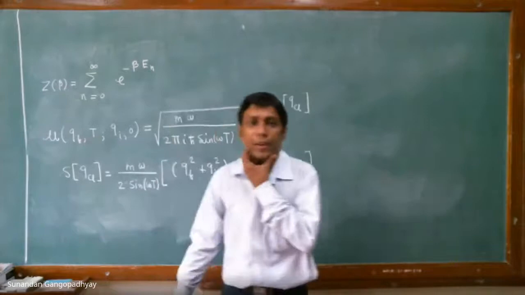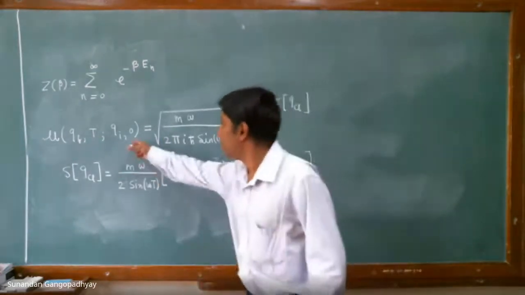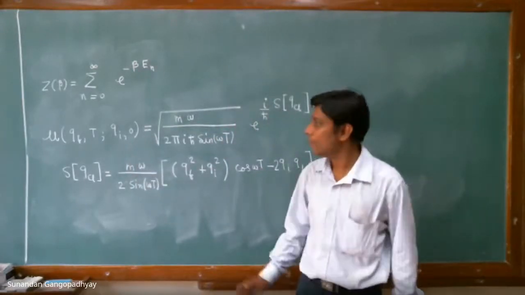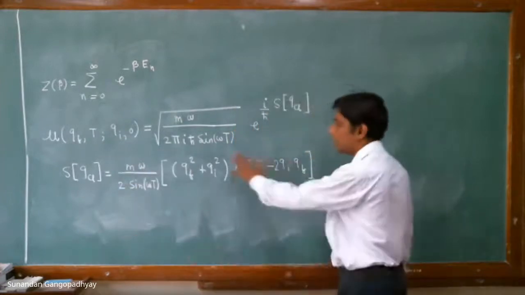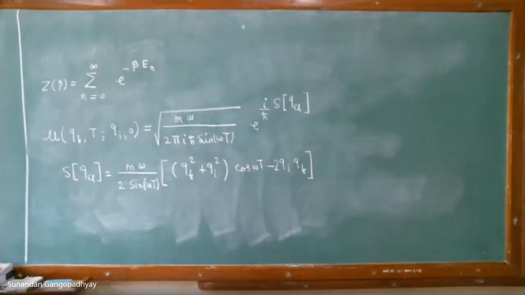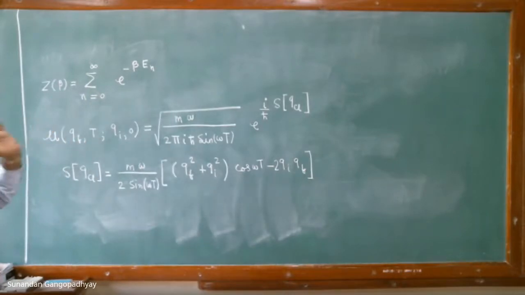This we have not derived so far, but we shall do this calculation in the subsequent lectures. We shall try to get this expression for the propagator of the harmonic oscillator. But for the time being, I am just borrowing the expression for the propagator. So just take it that this is the result. We shall prove it later. And now, as I mentioned, this is the real time result. Now we just need to get the imaginary time propagator, and with that we can calculate the partition function.